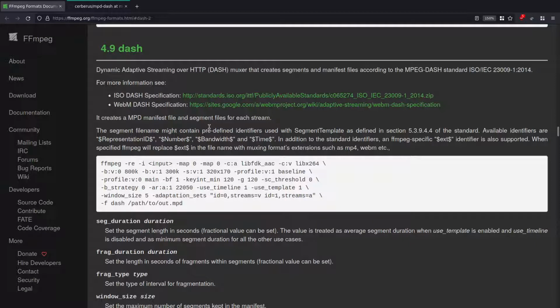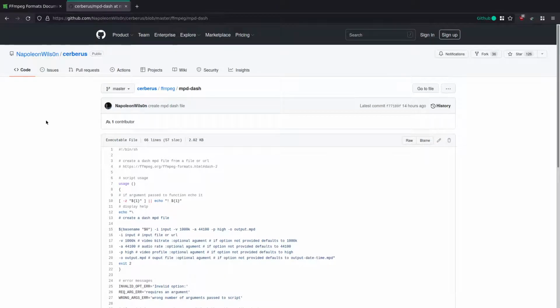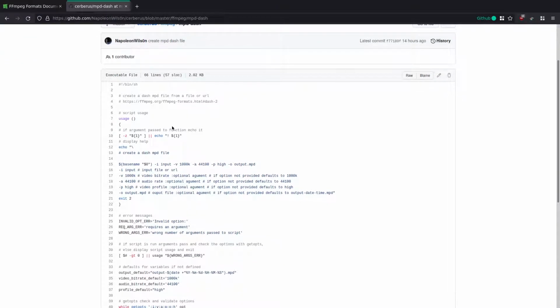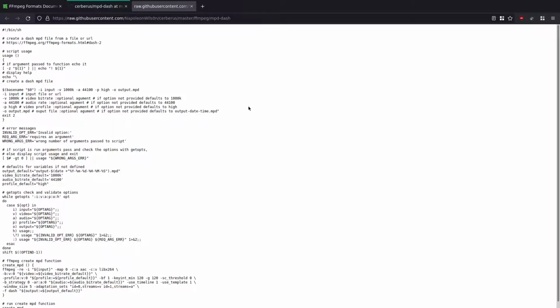So what I've done is I've downloaded this block of code and I'm going to show you how to use it. But what I've also done here is knock up a little script to make things easier. So I'll put links to this under the video, but if we come across here and then come to raw and save the file,